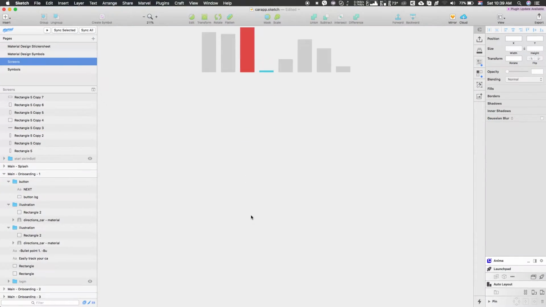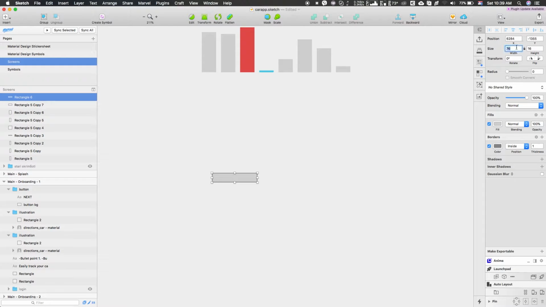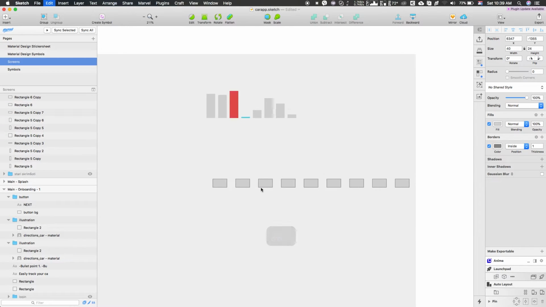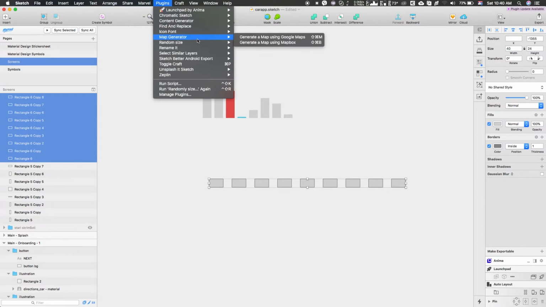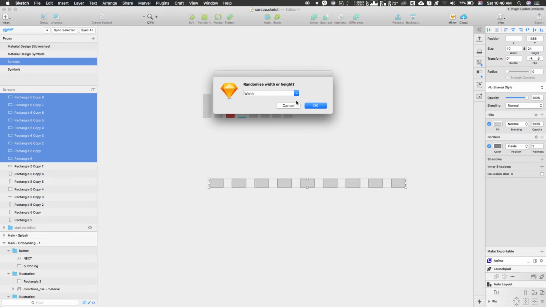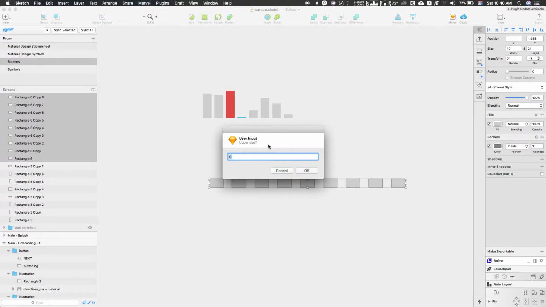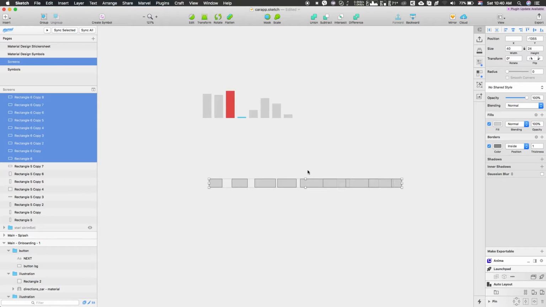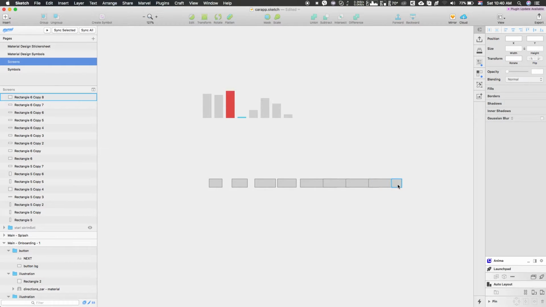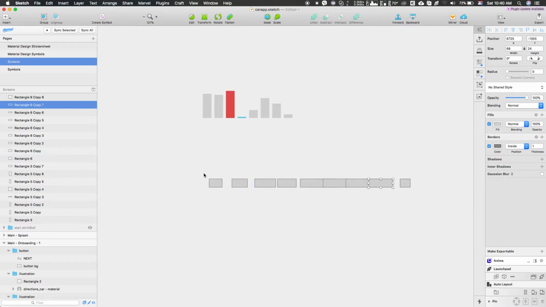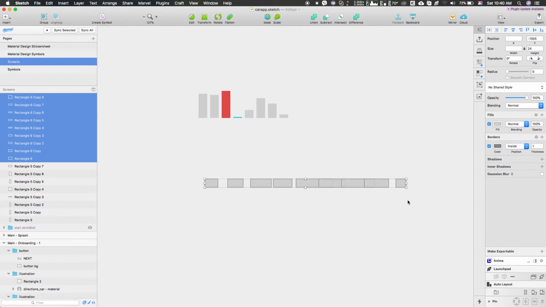First of all, we go and create another rectangle, and we say, I don't know, 40 width again, and the height is going to be 24 this time. Now we're gonna duplicate this again. Let's say this is enough, and then we go randomly size again, and we say width, and we say that the upper limit is going to be 104 and the lower limit is going to be 16, and we go OK, and we get a bunch of randomly sized rectangles, which is fine like this, but it needs to be